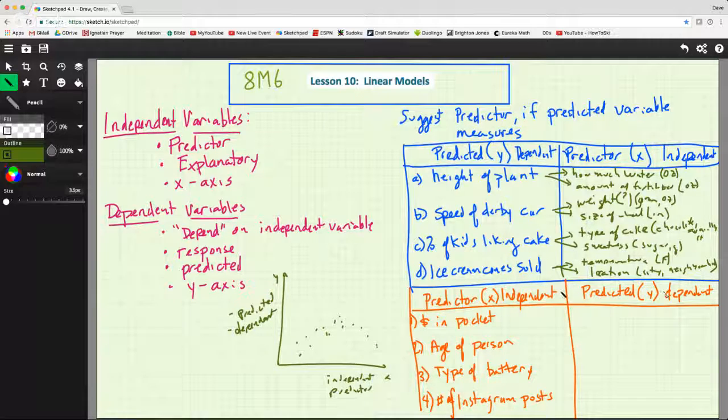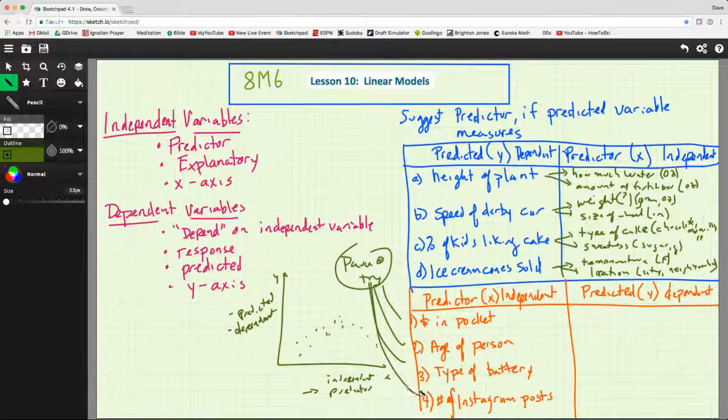Okay. All right, now let's switch gears a little bit and talk about predictor variables and what things they might predict. Now we're not talking about guessing at what things I'm trying to measure. Now we're going to start with things that are independent, and figure out what things they could affect. Like the amount of money in my pocket, what could that affect? So I want you to pause and try